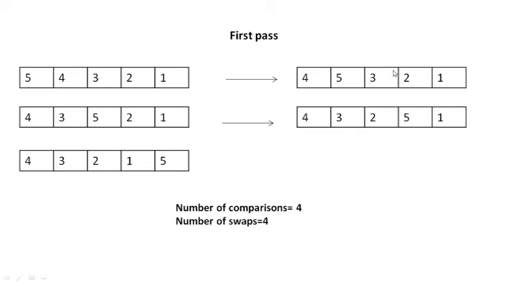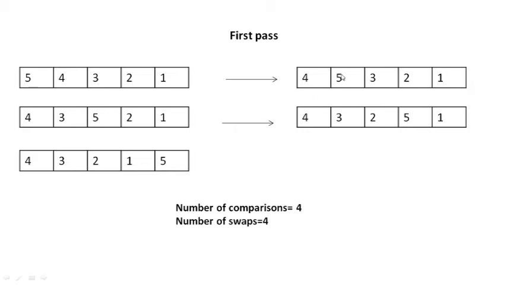So we will be left with two parts, the array will be divided into two parts. One will be sorted whenever the elements are added, 5 and then 4 will come here and then 3 will be coming here. So in this way these parts will be sorted and these parts will be unsorted.